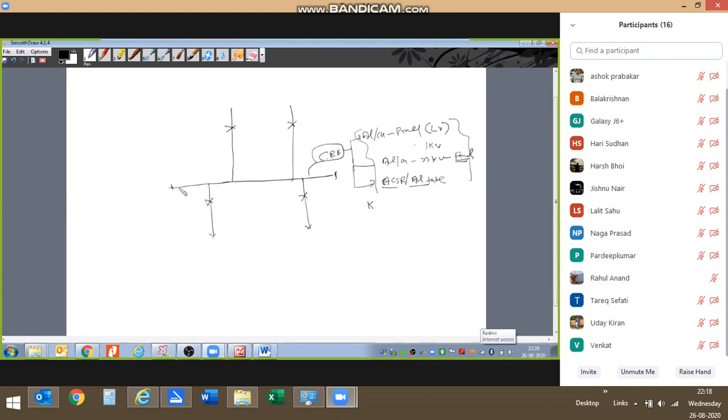So keeping in mind these objectives, the different bus bar schemes were developed. If you are working on the LV system, then this bus bar scheme will not come. If you're working in the oil and gas segment, this bus bar may not come either. It may come, but in the switchyard of that oil and gas industry, not in the case of the panel.